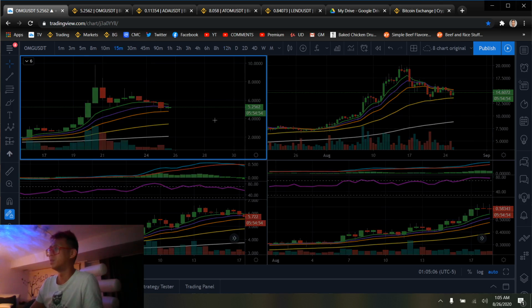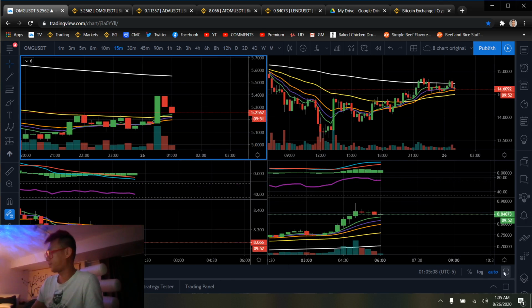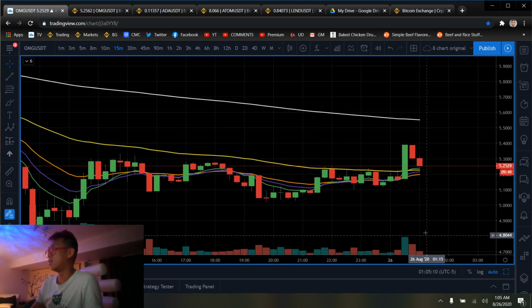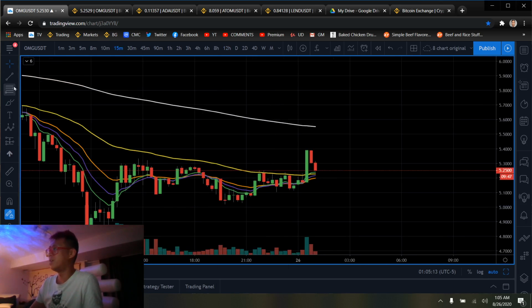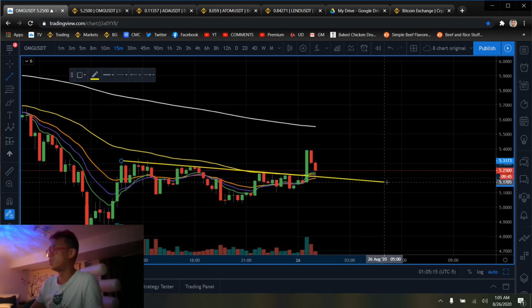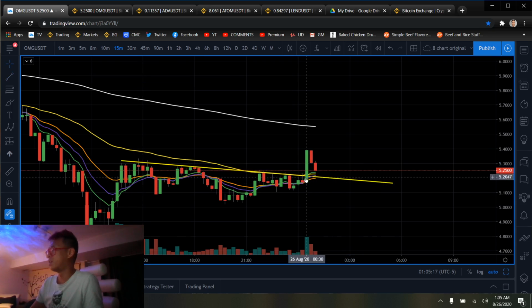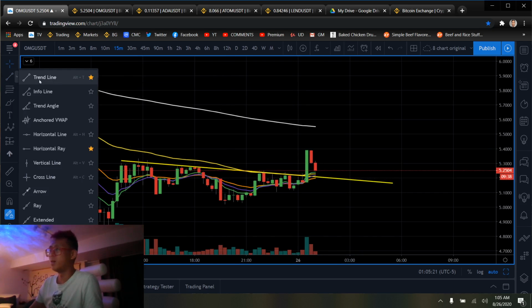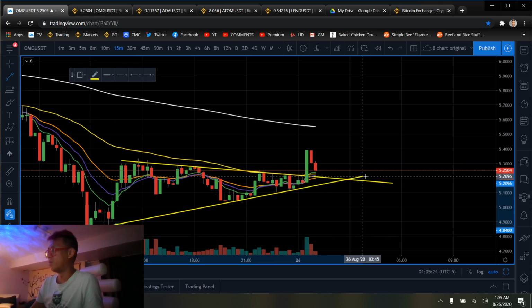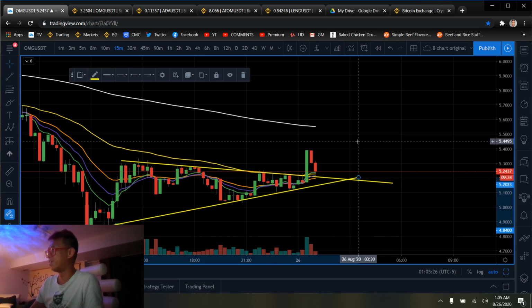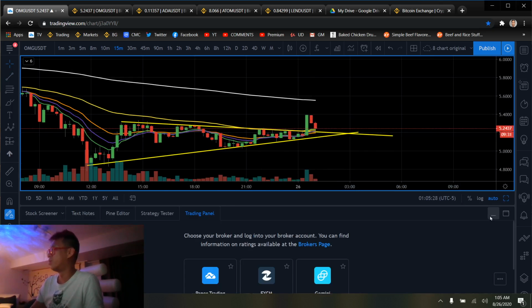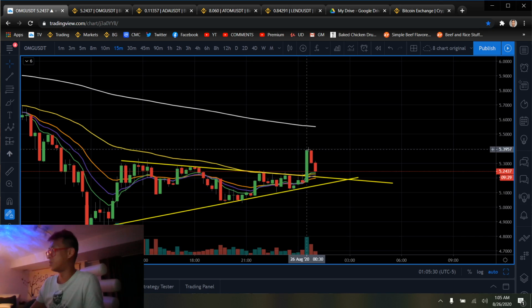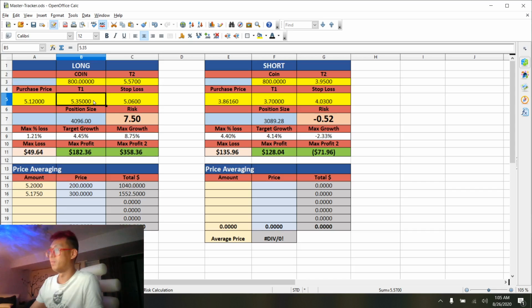Because if we look at it very closely, it broke out of here already. Okay, broke out of here already, and now it's staying at the 55 EMA range, hovering above it. See, that's the breakout point. I started buying it down on the dips over here around 8 o'clock, and I thought it was going to break down for a few moments, but I kept seeing it glide over here. Threw it right over pretty hard, but hopefully that actually is a rally, not a throw over. Could have taken profit there at 539, but I didn't because I'm